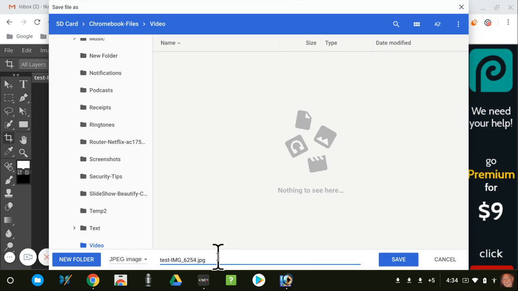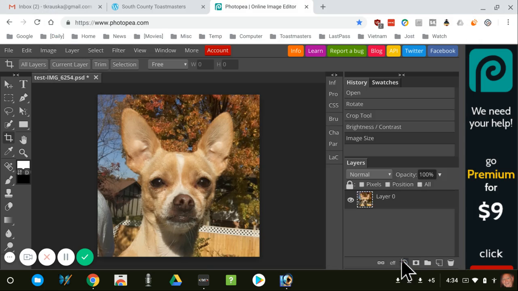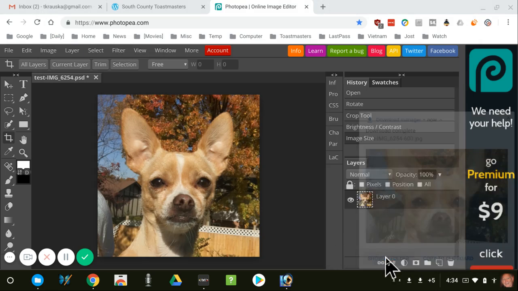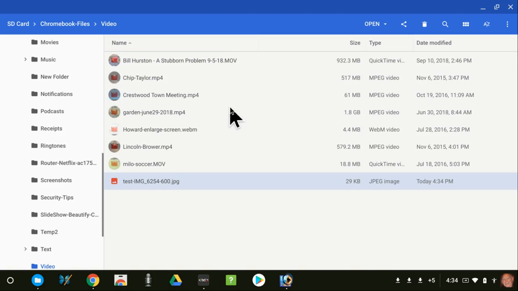We're going to rename the picture. You don't want to overwrite your original picture. So we're just going to change this to a -600. So that tells me that this picture is a 600 pixel file. Click on Save. And so actually, if you look in the folder, you can see that you've got the